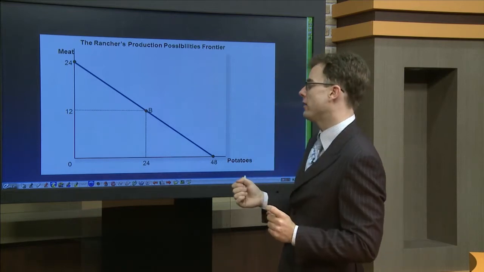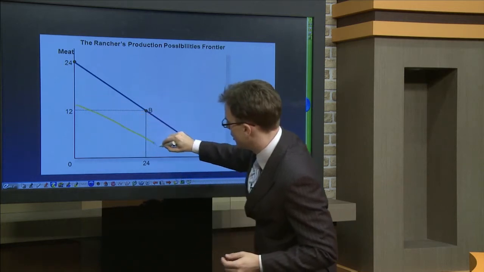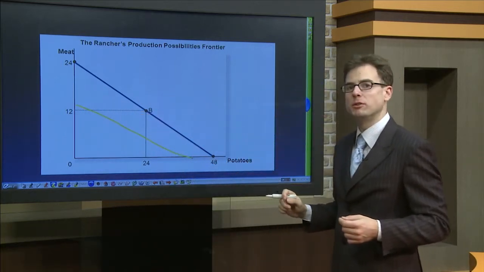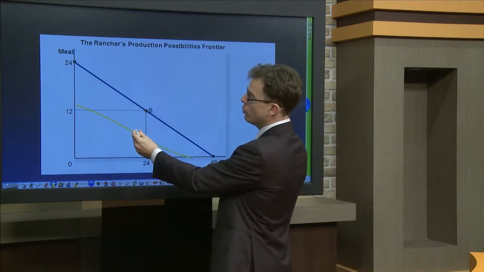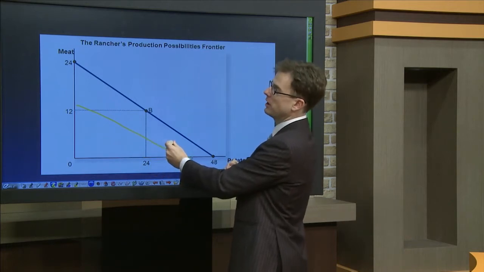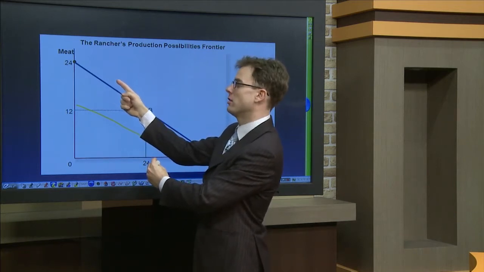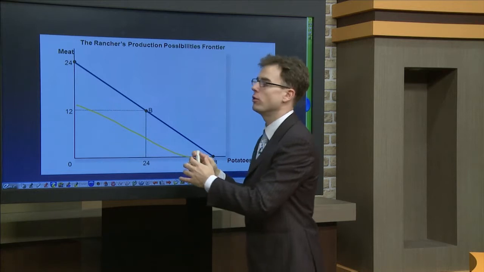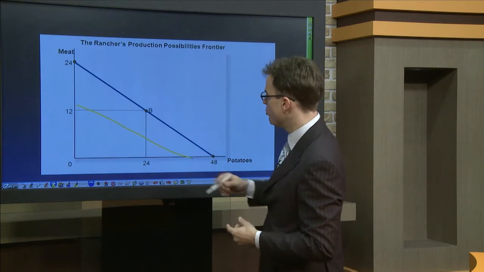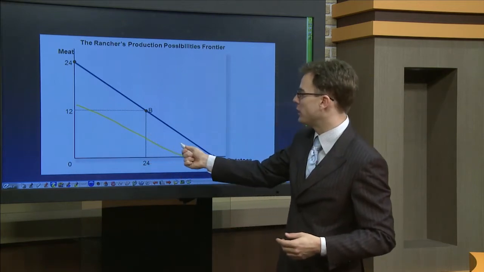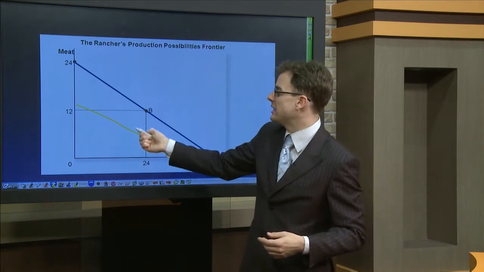Geometrically, you could think that if the farmer moves to the right on his production possibilities frontier, and if the rancher moves to the left on his production possibilities frontier, maybe the two individuals could increase their joint production of both goods, because if the farmer moves in this direction, he is increasing the amount of potatoes, and he's not giving up as much